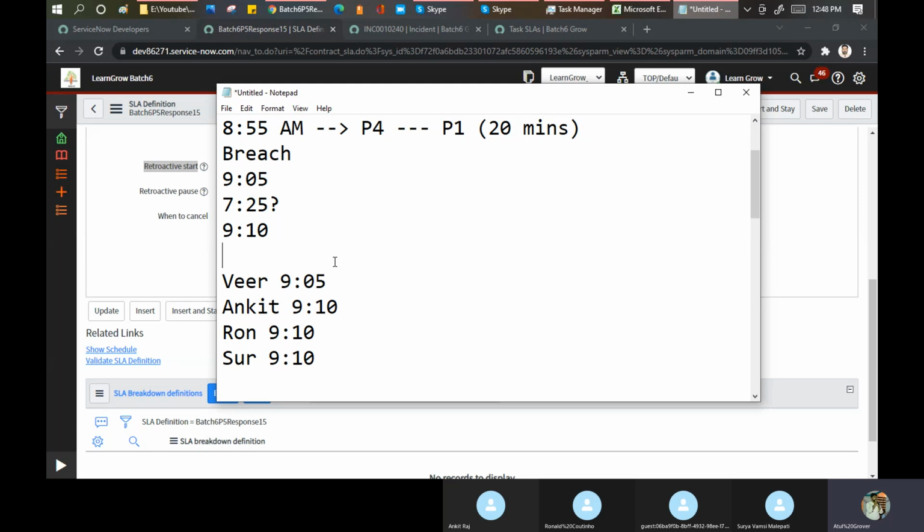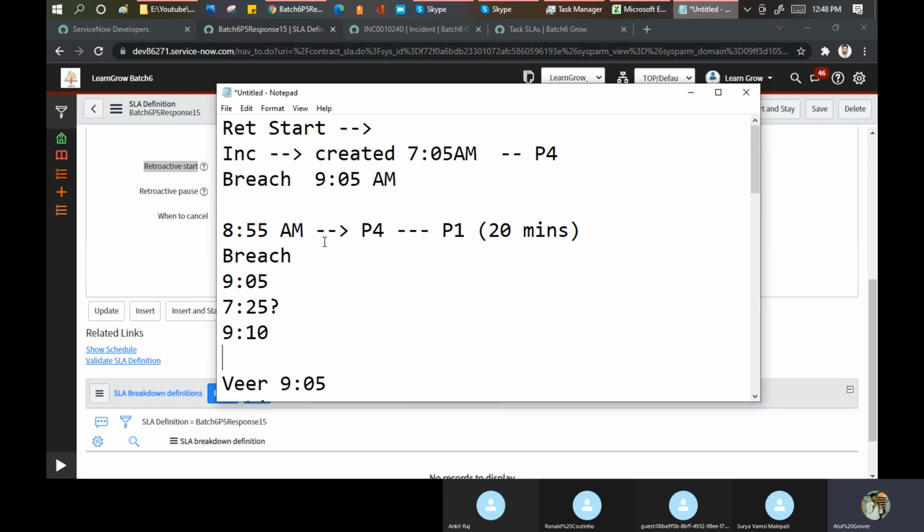let me say I am a customer and you are my service provider, and I say simply, boss, just tell me, when was this ticket created? Everybody is okay that this ticket was created at 7:05. And according to priority P1, 20 minutes is the SLA time. Why should I bother about the 9:10? It is your mistake that in the beginning you did not realize it is a P1 for me. My business started being impacted at 7:05. And to resolve a P1, you are saying, boss, I will take till 9:10. I do not agree on that part.